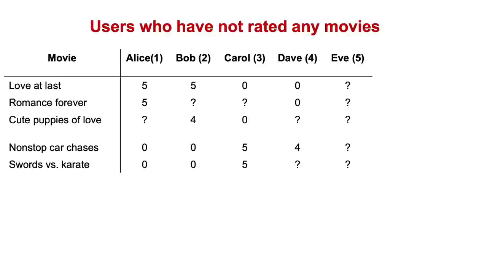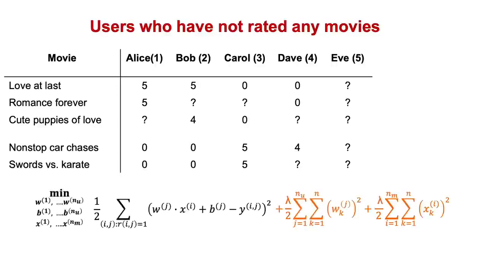So here's the data set that we've been using, and down below is the cost function you would use to learn the parameters for the model. In order to explain mean normalization, I'm actually going to add a fifth user, Eve, who has not yet rated any movies. And you'll see in a little bit that adding mean normalization will help the algorithm make better predictions